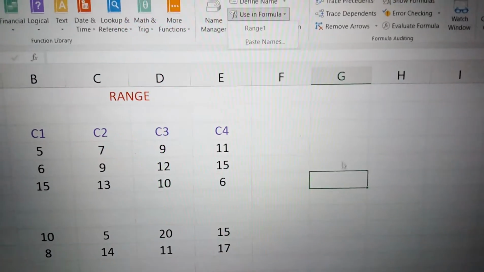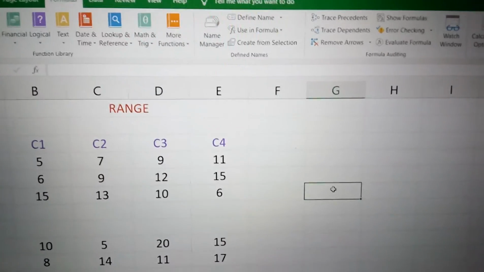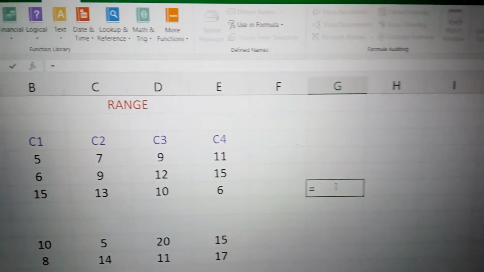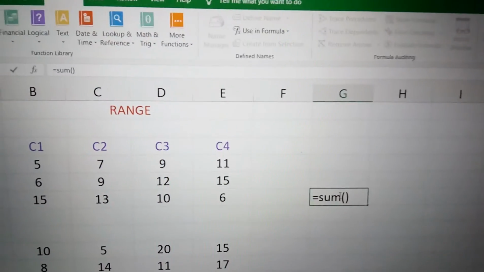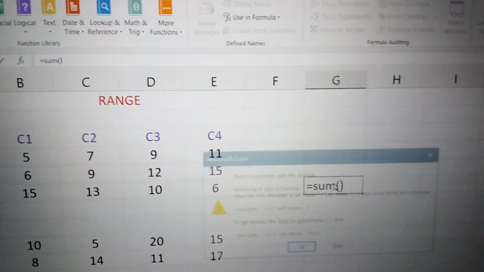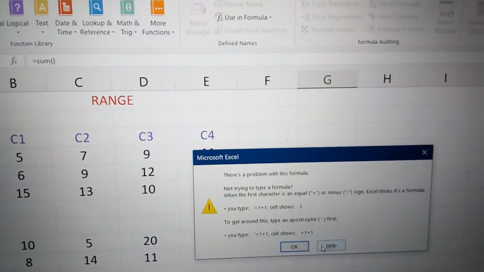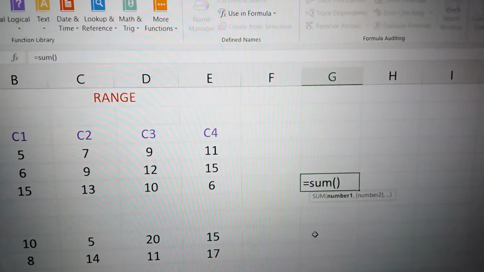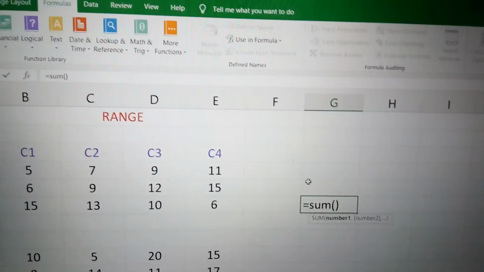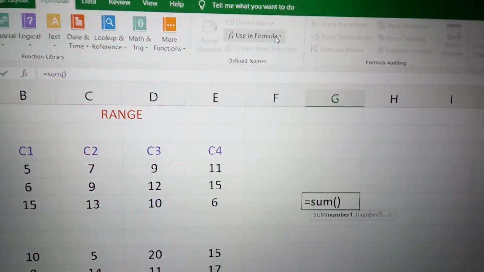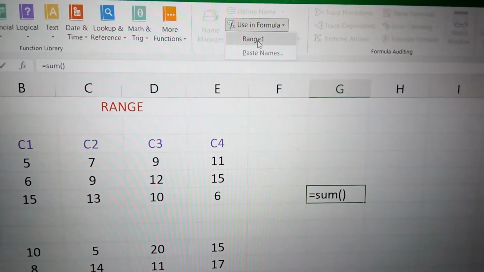Before that let me write something, equals to sum. Now within this bracket I will write range 1.